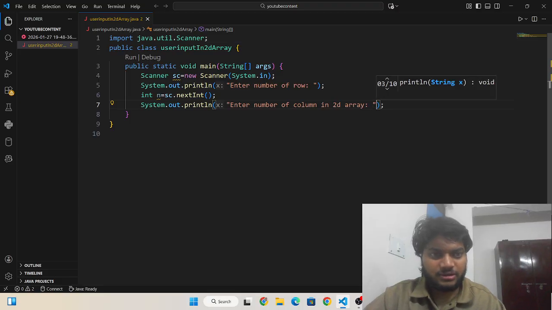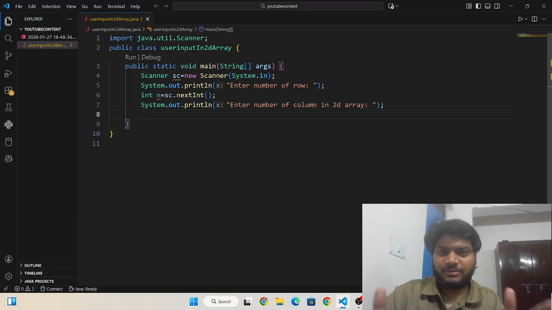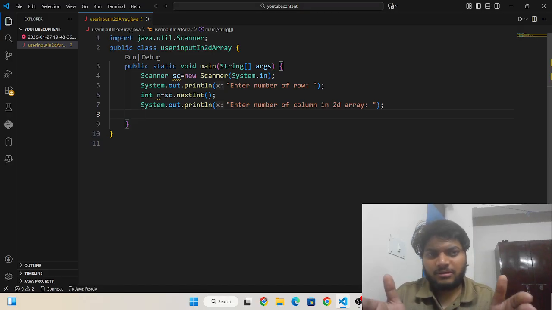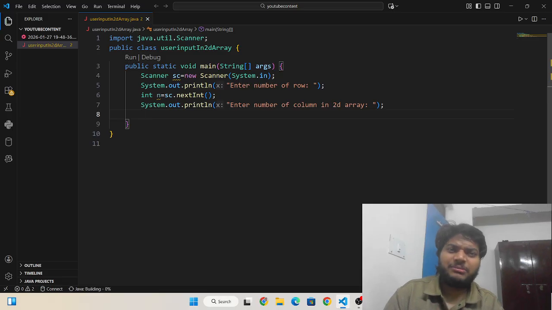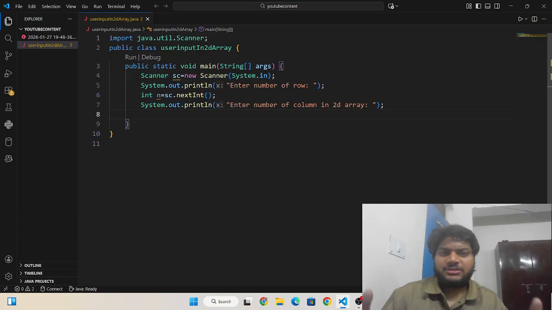I have already explained how to initialize and declare, and what a 2D array is. You have already seen multiple examples of a two-dimensional array, like an Excel workbook, students' marks according to their subjects, and the seats in an auditorium or cinema, which are arranged according to row and column.